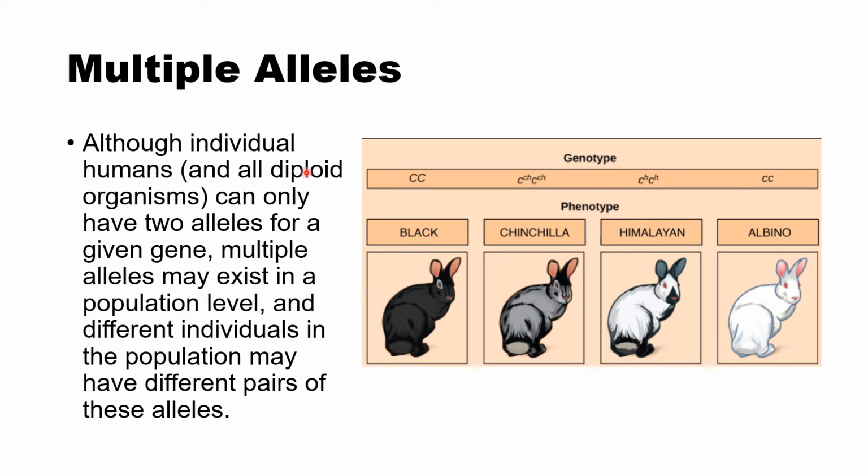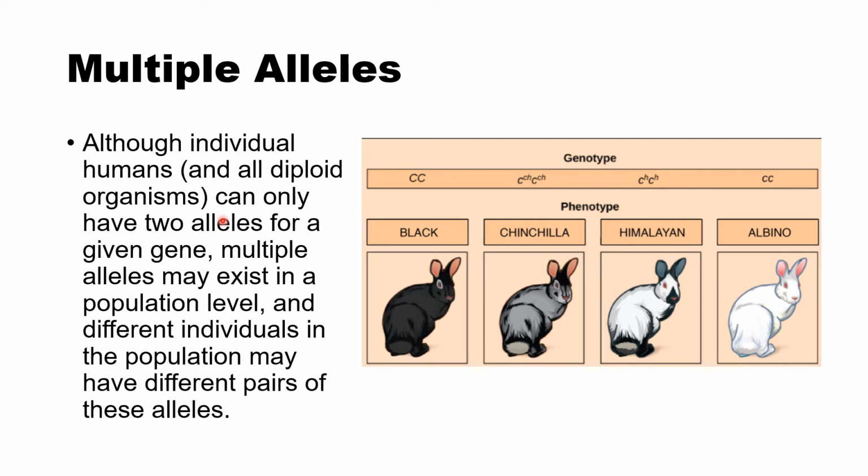So, although individual humans and all diploid organisms can only have 2 alleles for a given gene, multiple alleles may exist at a population level, and different individuals in the population may have different pairs of these alleles. So, sinasabi daw na yung isang individual can only have 2 alleles for a given gene. Pero on a population level, pag tinitignan natin yung lahatan ng population, meron kang makikitang multiple alleles kasi